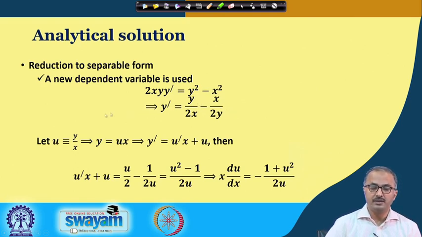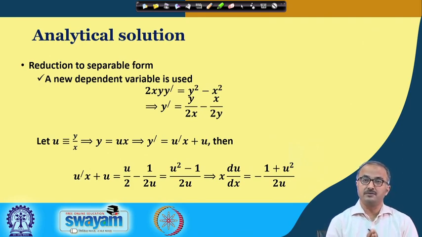So, what we do, we take this y by x to be another variable u. Please understand these x and y may be the variables which are coming from the balance equations. So, we are combining these process variables to get a third variable u which is not coming in the model equation naturally. This is just a mathematical convenience we are ourselves devising so that we can separate the variables. So, u is defined as y by x.